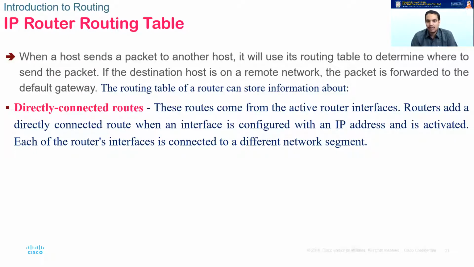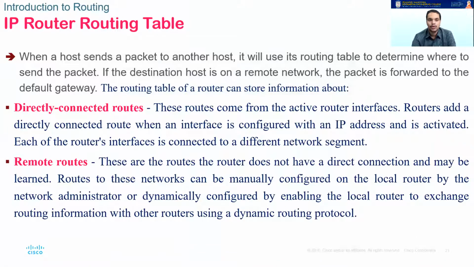Imagine in module 10, we will be working on the configuration of routers. We will have a lot of Packet Tracer demos. I'll be showing them to you. And please remember that when we connect wires to a router, it does not have one IP address. A router has an IP address for each one of the interfaces. If you connect 4 links to a router, each one of those links will have an IP address corresponding to the network to which it is connected. That is what a router does. Please remember that. So we have directly connected routes, which are nothing but the addresses of the interfaces or the networks which are directly connected to the router. I'll show you a small diagram and explain with an example.